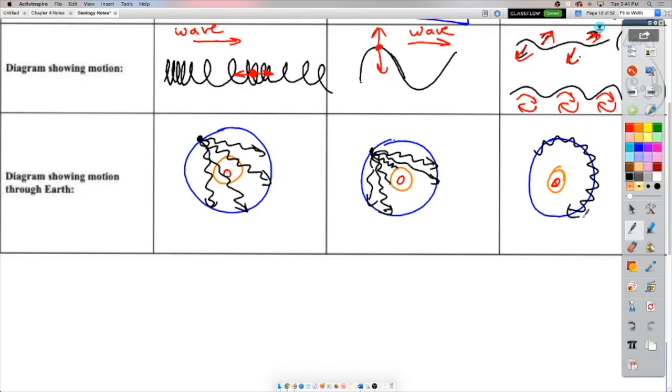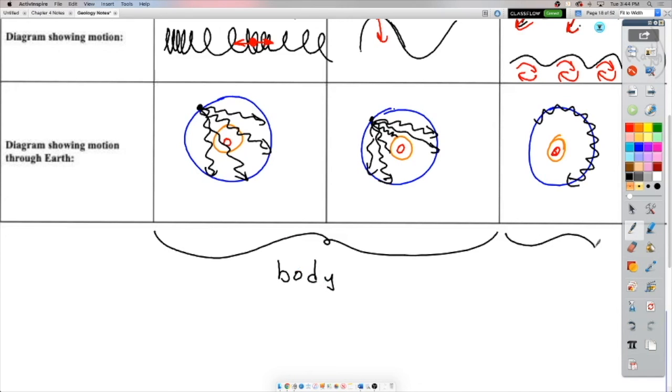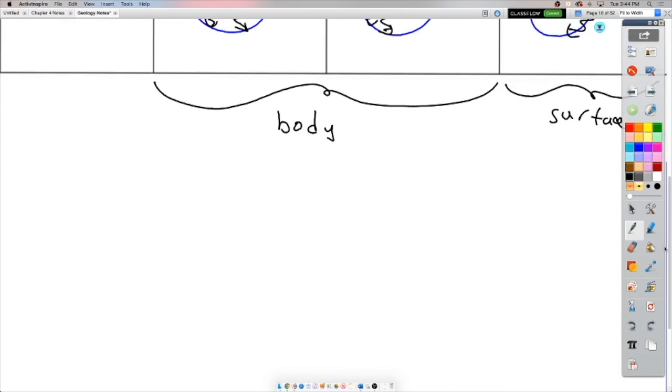Stay along the surface. Just at the bottom here too, I'm going to group these really quick. So we'll just say P waves and S waves. What are those both types of? Those are both types of body waves. And obviously surface waves are surface waves. And I know we kind of did this in the table, but I just want to show you the order. So from P to S to surface, we go from fastest